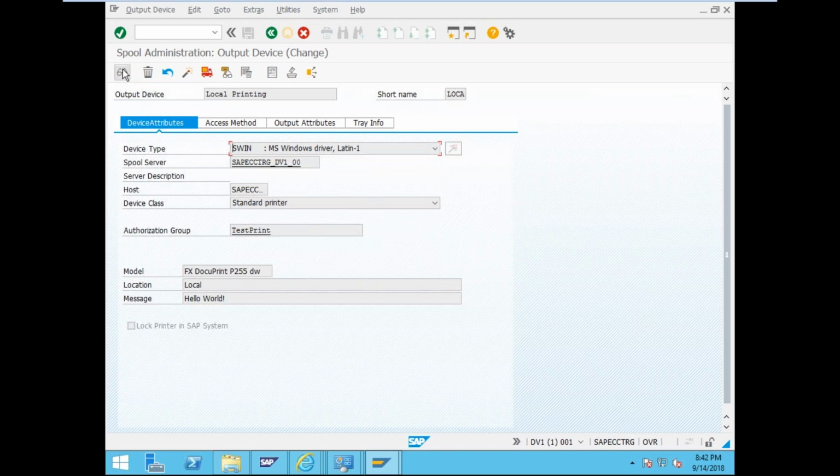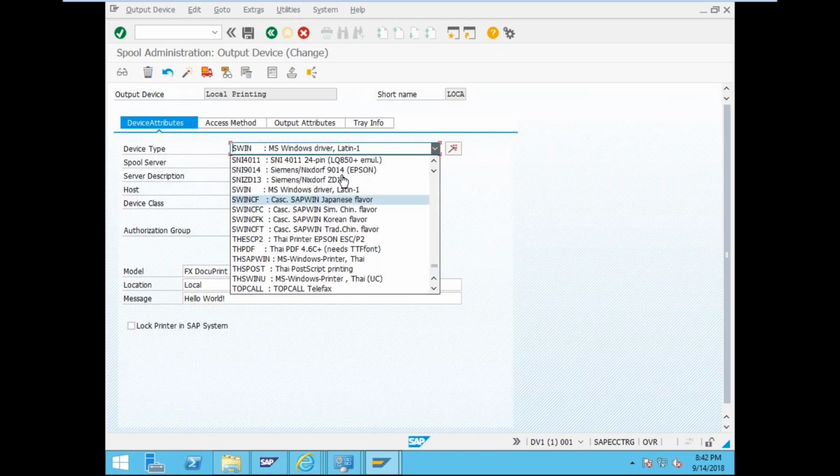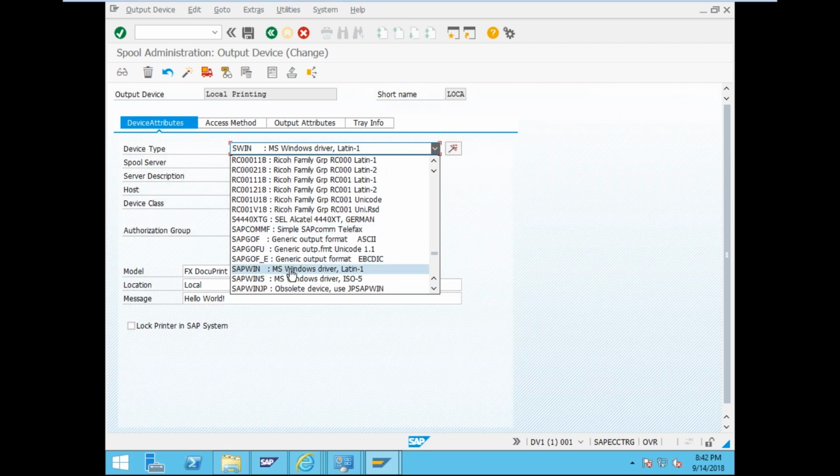Click on change. Now we are on the printer only. That is only sending data. Take the SAP win. SAP win. Any other print SAP win? SAP win. SAP, there is also